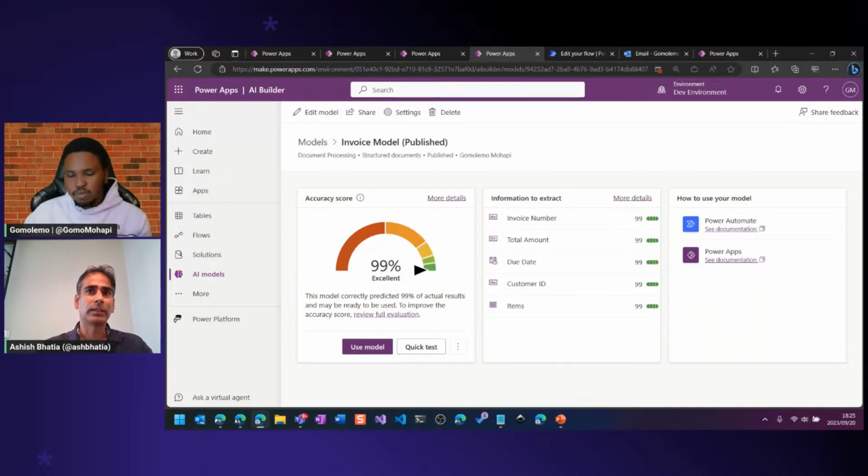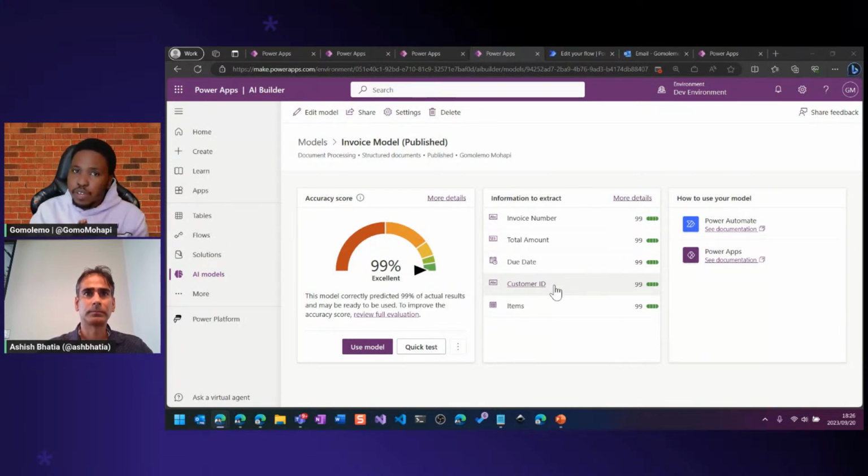So that's one thing. The other thing to make note of is alongside the overall model score, you also get a per field confidence score as well, that is, how confident is the model in identifying each attribute that you're trying to extract, right? And if you see a lower score at any point of time, that gives you an indication that you want to bring in more data to give more examples to the model to learn how to extract that specific information. Right. So like let's just say for customer ID, in our case, we were only able to